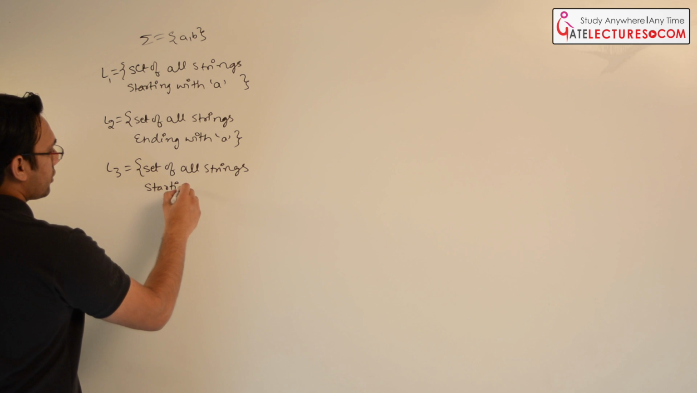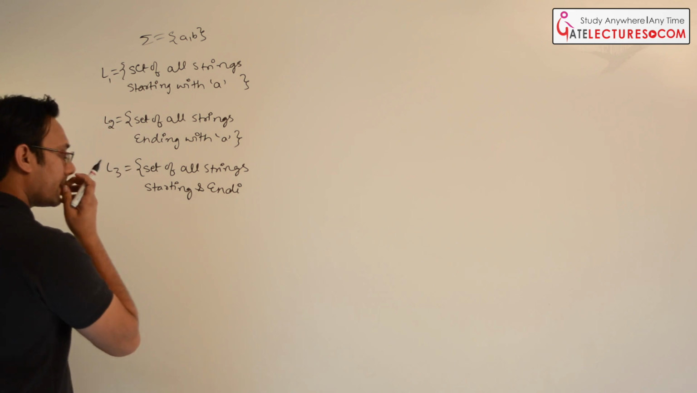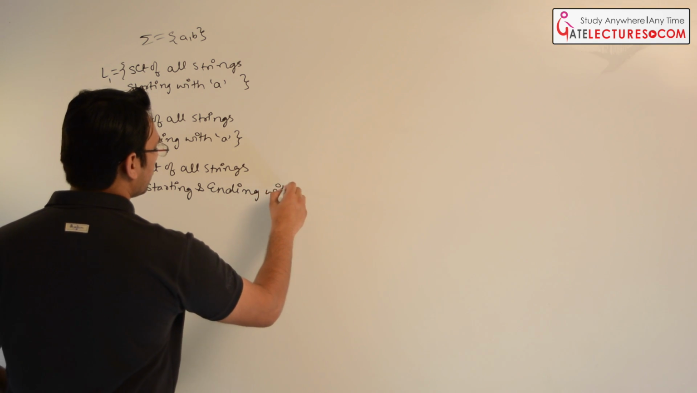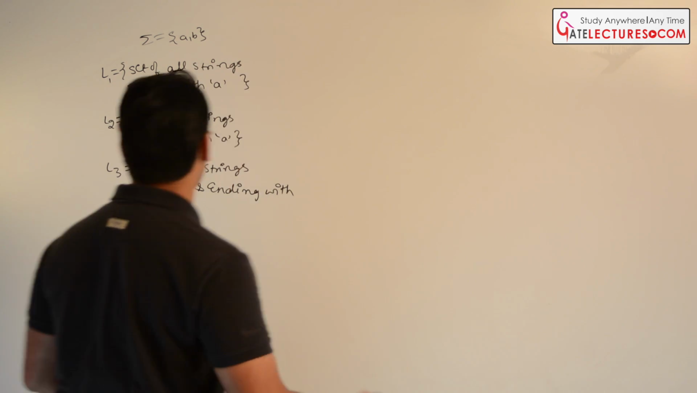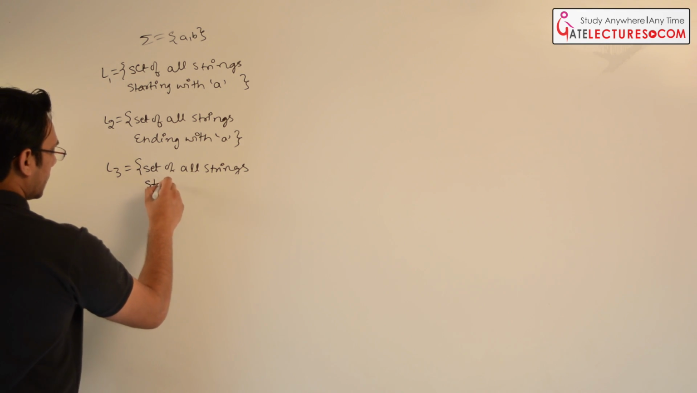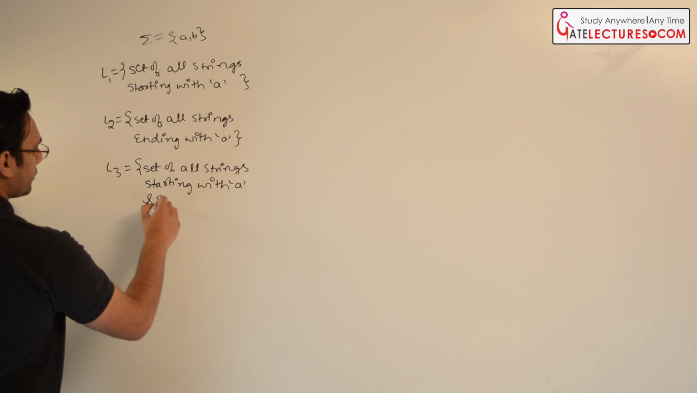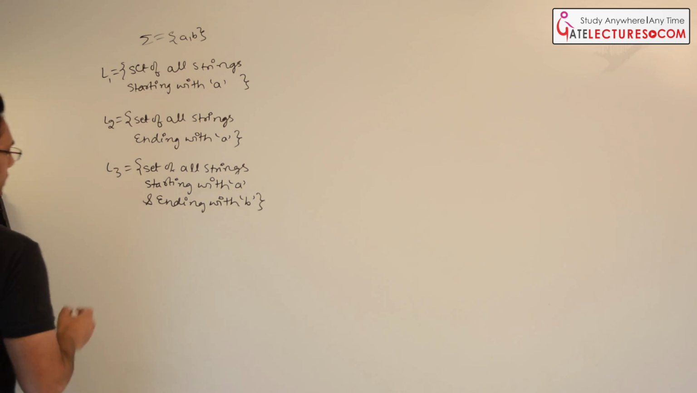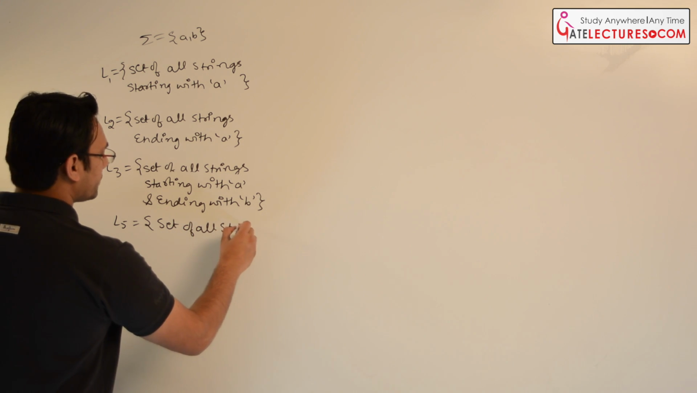So let us have the set of all strings starting with A and ending with B. Then we have language L5, which is equal to the set of all strings